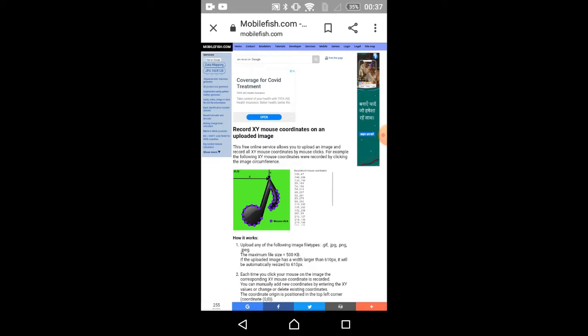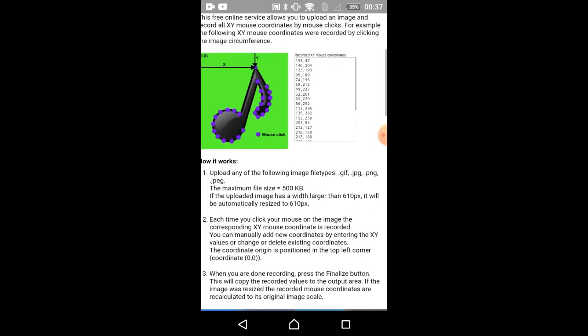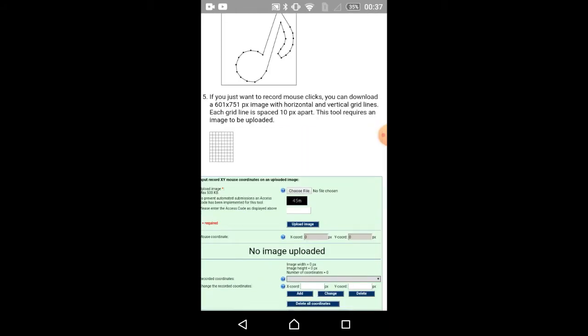Between both the app and this website, the easiest way to note coordinates while you are using a mobile phone is using this website, because it is a little bit easier to get the coordinates through this.